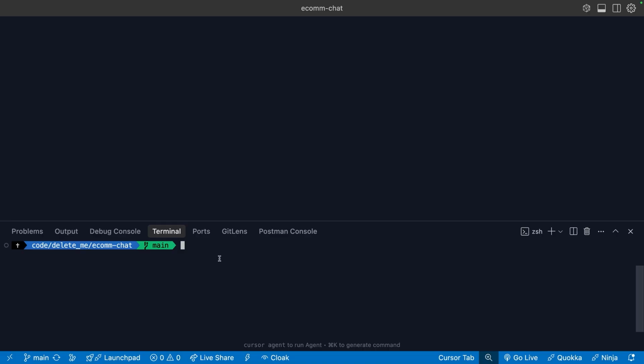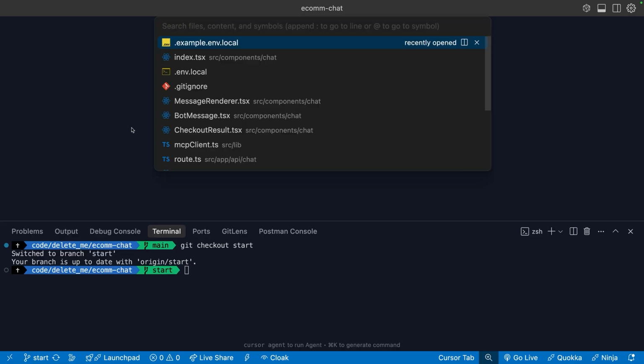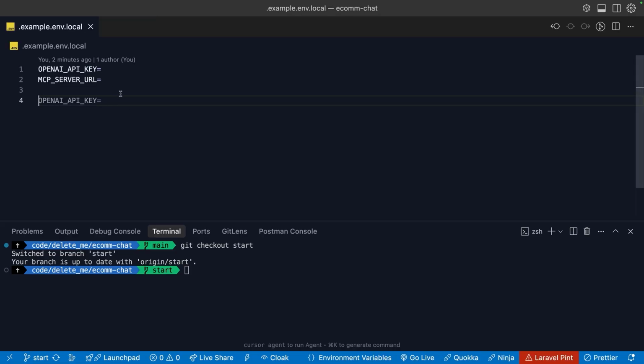All right, so I have cloned this repository locally, and the first thing you're going to want to do is check out the start branch. Now you could explore the final code in the main branch, but to follow along, we're going to start from the start branch. Now, the first thing you want to do is make a copy of the example environment local file. Inside of this file, there are two environment variables, one for OpenAI API key and one for the MCP